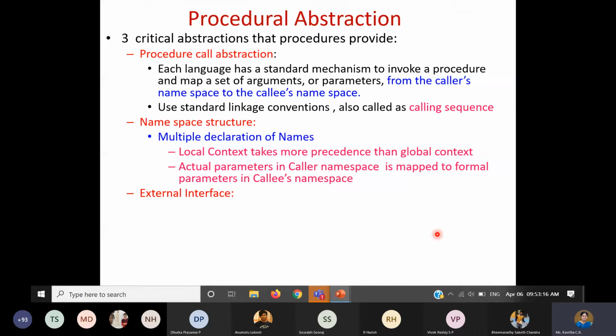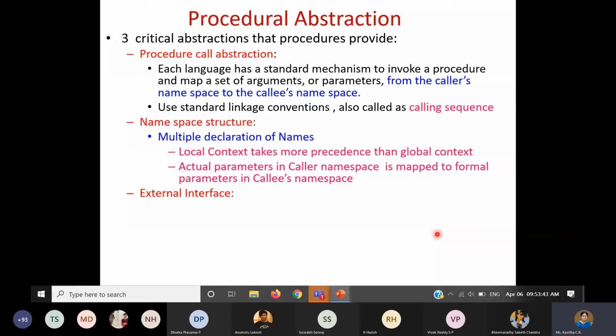You can have the global also, meaning you may use the same names for local variables as well as global variables. Then definitely you give precedence to the local context first, because you look at the current visibility, take the current scope, and if it does not exist, then you go to the external scope and so on. The precedence I explained with respect to the symbol table holds good here also.